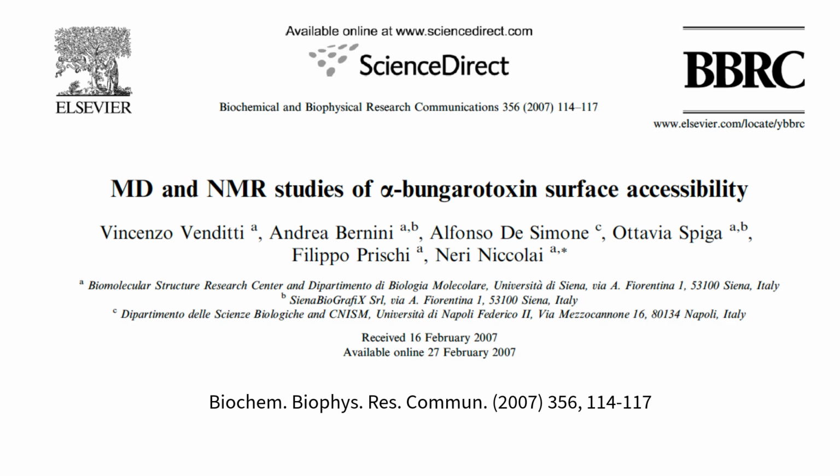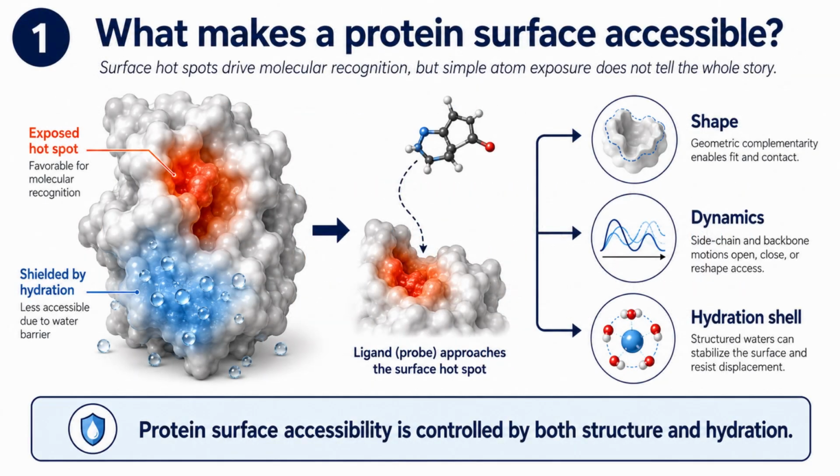What makes one part of a protein surface easy to reach, while another region remains protected? Protein recognition is often described in terms of shape. If a ligand fits into a pocket, we call that region accessible. But this manuscript asks a deeper question: is surface accessibility controlled only by geometry, or also by the water molecules